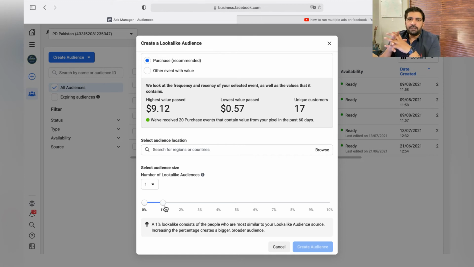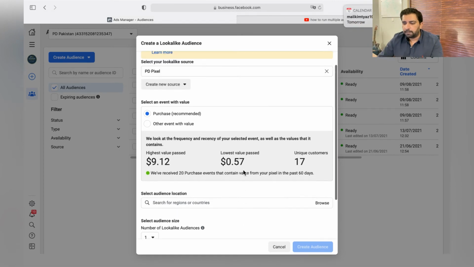This percentage means how broad you'd like to keep your lookalike audience. Personally, I have generated more results when I keep it at 5% or 10%. There are some theories and thoughts behind it, like just keep it at 1%. But I'd suggest keeping it at 5% and letting Facebook create a broader number so you can target more people in order to generate sales. Lookalike audiences means creating audiences similar to those people who have already purchased from you.